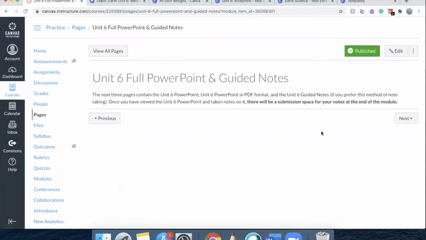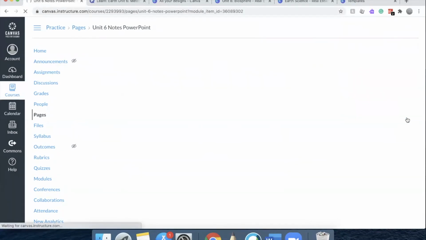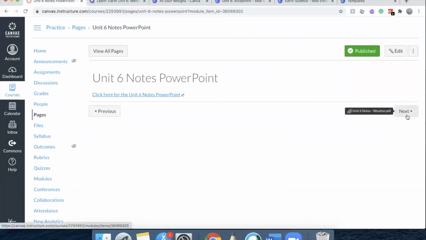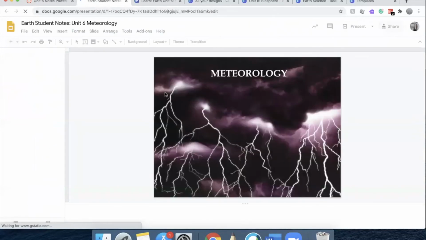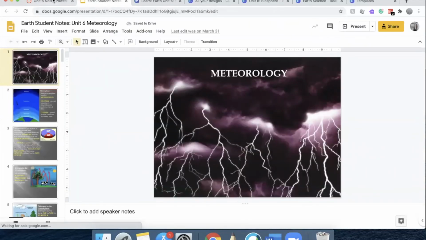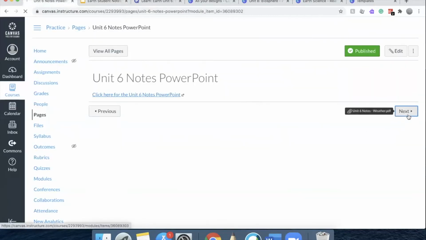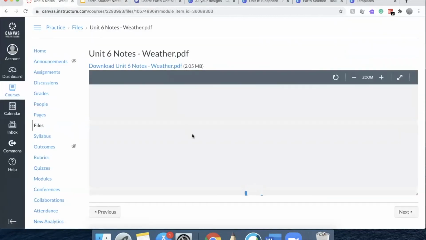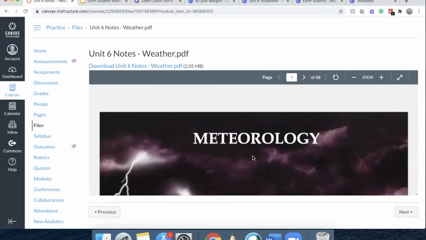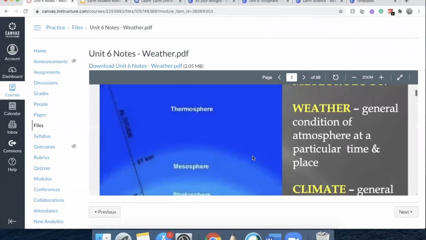After the Quizlet practice, I post my notes so that students have access to everything right from the beginning so they can get to my PowerPoint. And again, this is something that I put in multiple ways. So I've got the PowerPoint as Google Slides. I also have the PowerPoint as a PDF, and when you embed a PDF assignment, you can scroll through it